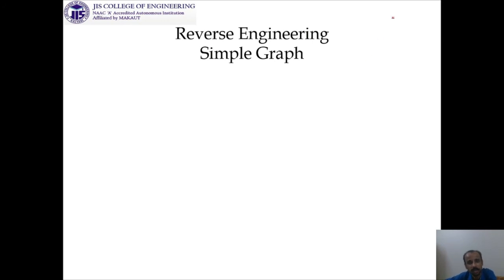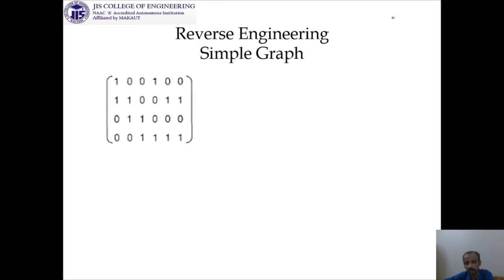Now the reverse engineering for all these three cases will be done. Firstly for simple graph, then for digraph, and then finally for disconnected graph. So here firstly the matrix will appear, and according to the definition you will construct the vertices for this position and you will construct the edges for this position. So 6 edges and 4 vertices will be there.